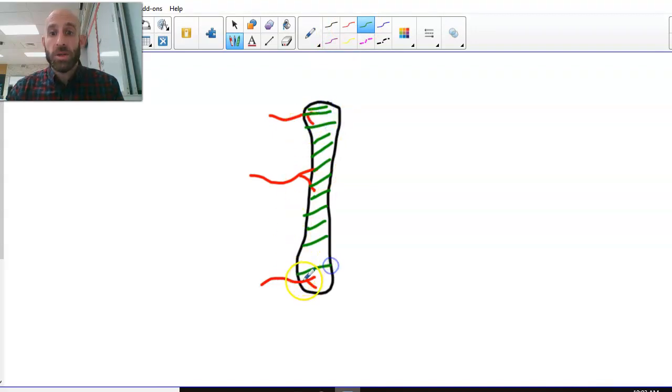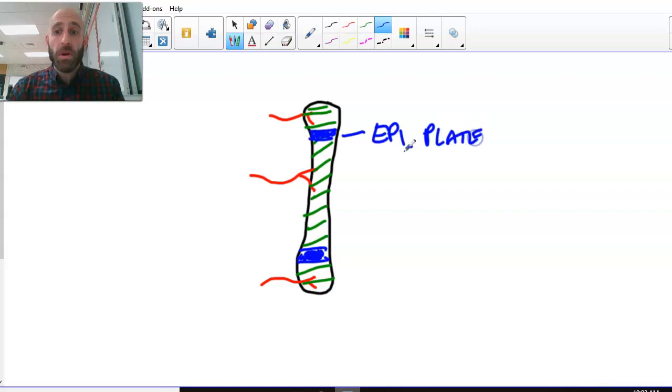But why is this such a big deal? Well, what you end up with is this small band of cartilage that stays behind. So we get a little band of cartilage right where the diaphysis and the epiphysis meet. And what is this small band of cartilage, you may ask? That is going to be the epiphyseal plate, or your growth plate. Why is this so important? Because by leaving this little bit of cartilage in the middle here, that allows us to grow. And there's also going to be a little cartilage left at the end,